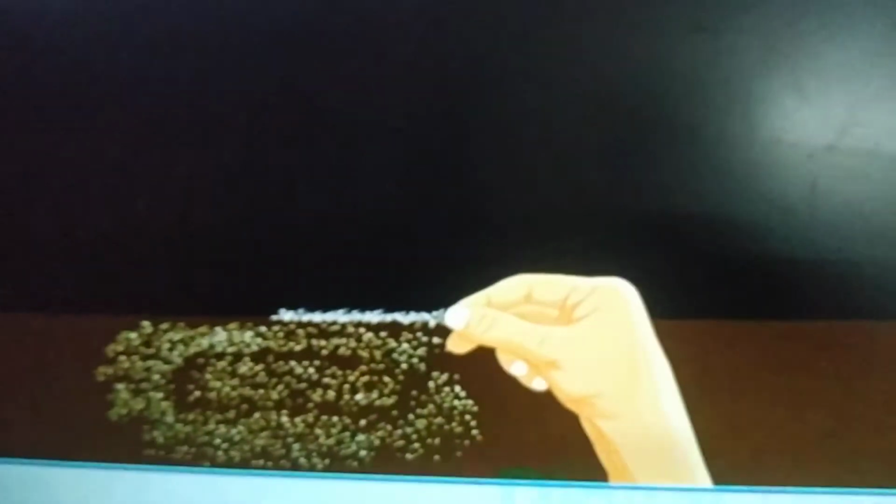It is just an iron nail, but it is magnetized with the help of a magnet. So it is also acting like a magnet. It is showing magnetic properties so that it is attracting the iron filings. So can we prepare magnets or not? Yes, we can prepare our own magnets by magnetizing them.